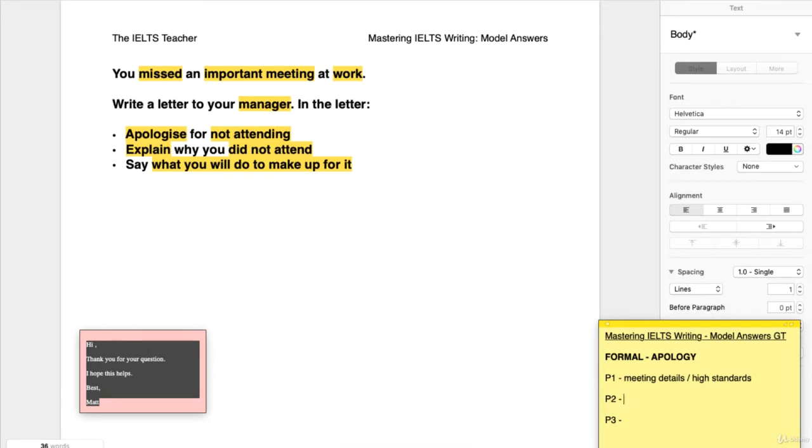Okay, the first thing I want to think about is, again, we're not trying to excuse ourselves. We're not giving an excuse, but we're just giving an explanation. So maybe another apology before we start, and then we jump into it. And perhaps there's plenty of things you could think about here. For me, in this digital age we live in, I will probably go something like my digital calendar, or let's